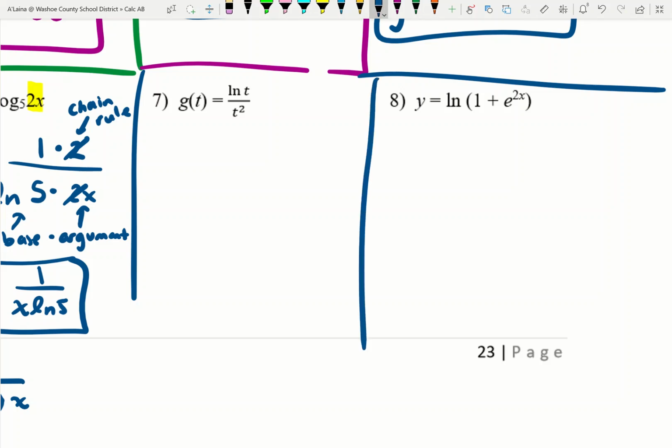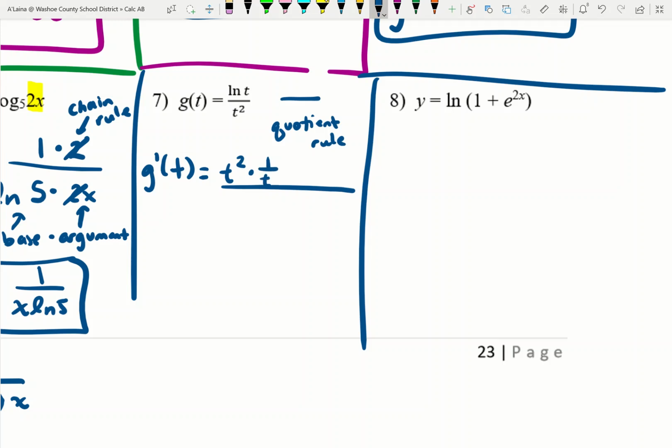Number 7. Oh, joy! Number 7, the main rule here that's happening is the quotient rule. This is where we start. We are going to start with the quotient rule. So, for the quotient rule, we start with writing the expression that was on the denominator times the derivative of the numerator. Derivative of natural log is 1 over the argument, minus the numerator times the derivative of the denominator, all over